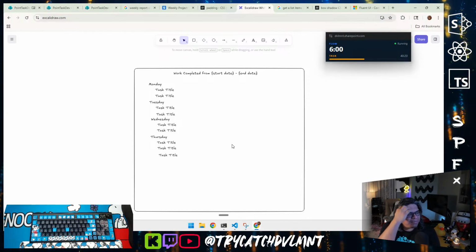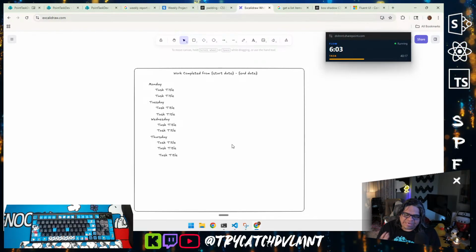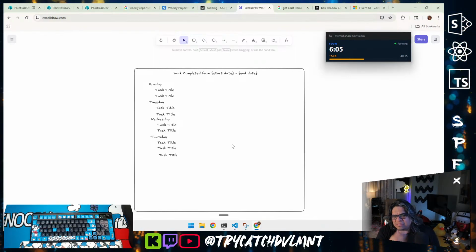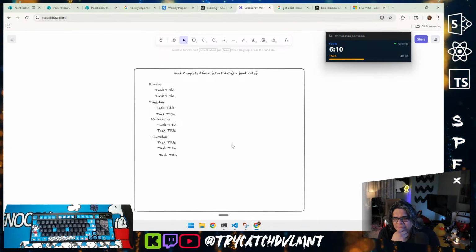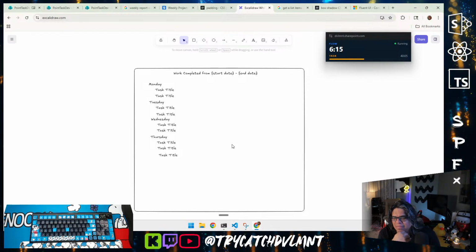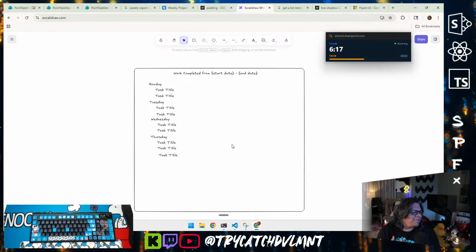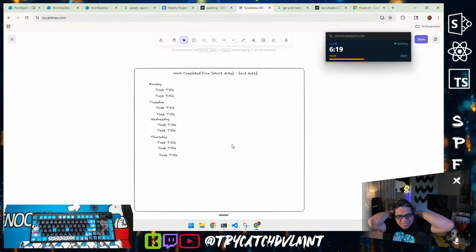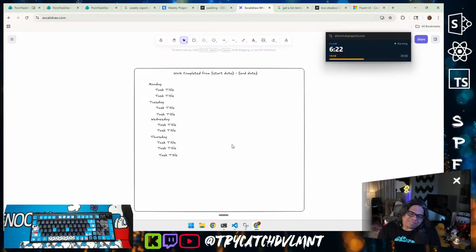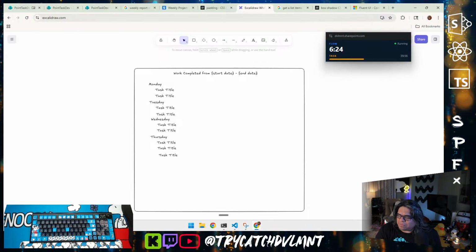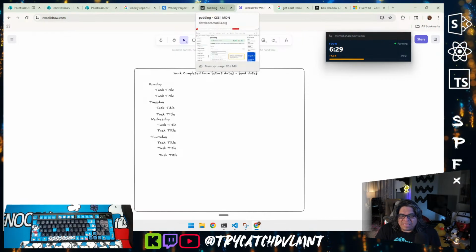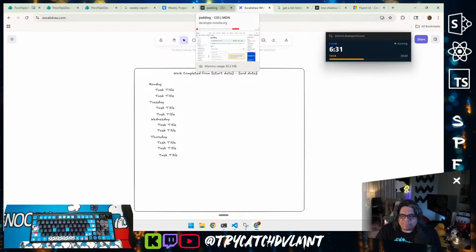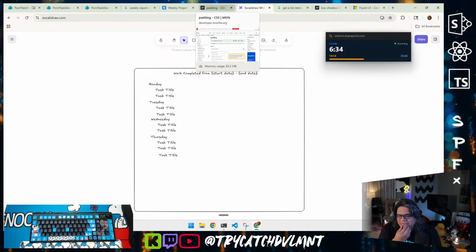I'm debating whether it should have the duration of how long you worked on the task, but then I worry that will lead to micromanagement. I've had a scenario where I've worked under a micromanaging kind of person, and I didn't like that. And then imagine if I build an app. I mean, would you want to use it? I know I wouldn't. If I get presented with a tool that'll give my boss the ability to generate a report that will tell him exactly how long I worked on something,